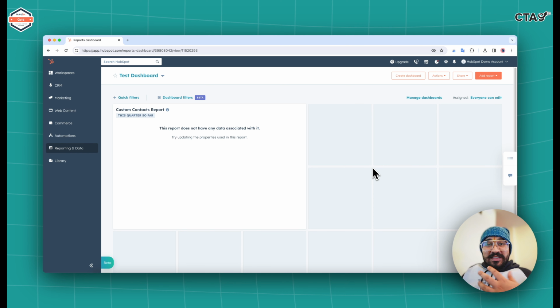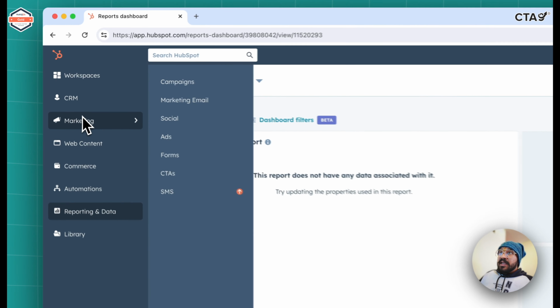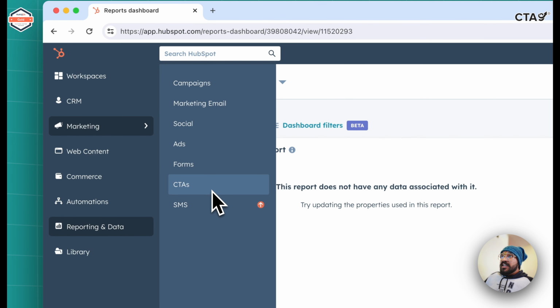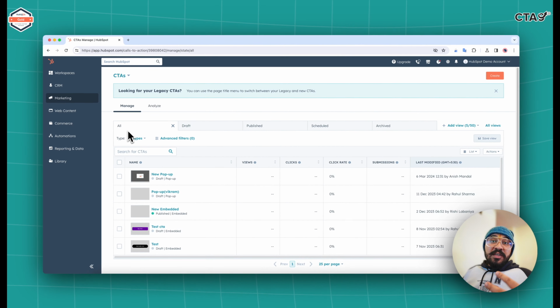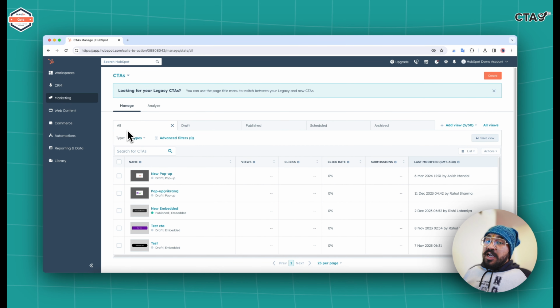HubSpot account. Once that is done, in your HubSpot account, go to Marketing, click on CTAs. So this is the new HubSpot navigation. A lot of things have changed. Earlier, there were a little bit more steps required in order to reach CTAs. Now it's just 2 clicks. So that's something good. Now, once you are inside CTAs, in order to create a new CTA, click on Create